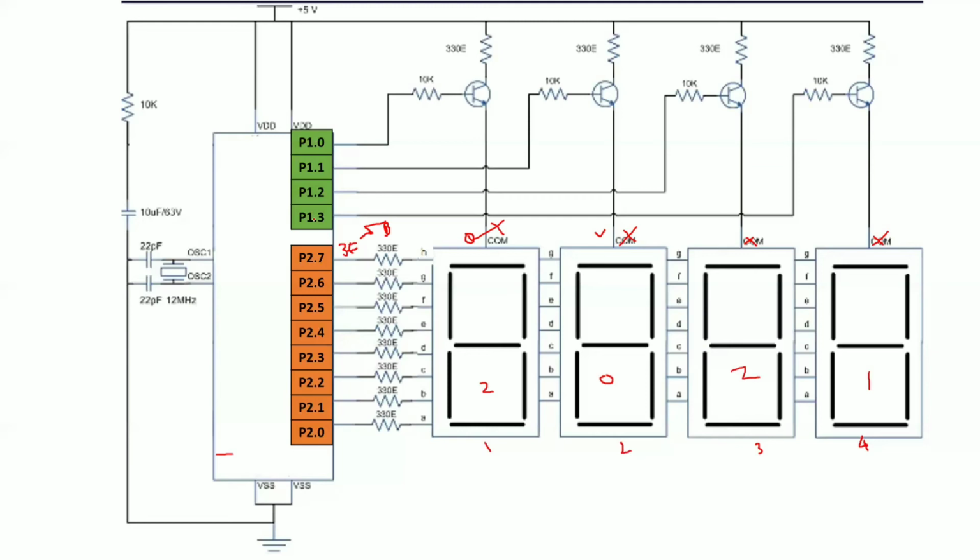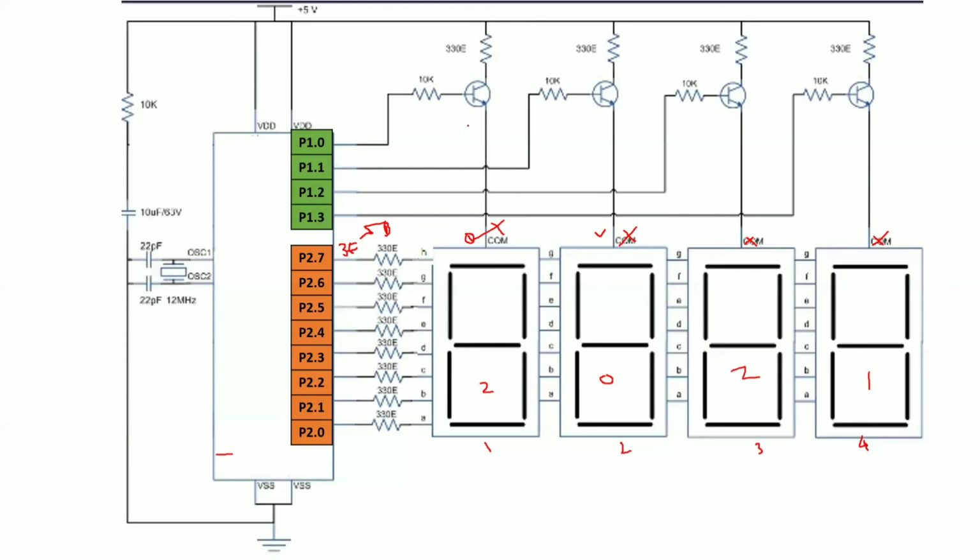That means it is a bit addressable register. I can use individual bits at a time, or 8 bits at a time, 3 bits at a time, 2 bits at a time. As per your requirement, you can use that port as you like. That's why I want to enable the displays individually, so I have taken port 1 to enable and disable the displays.